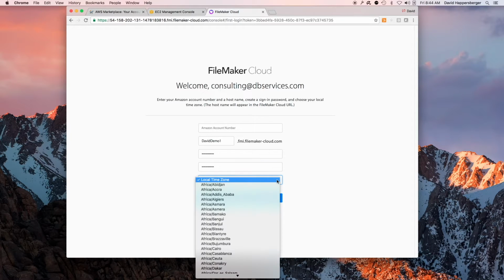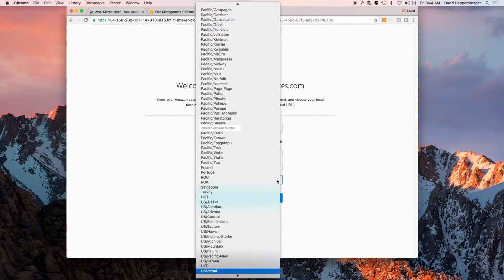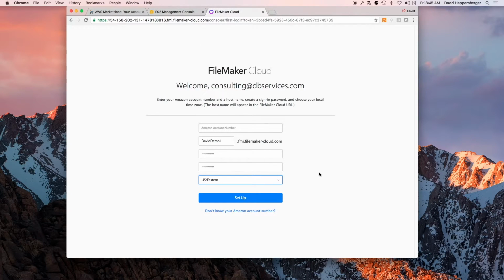And then you just choose your local time zone. The reason for this is so that when it does backups each night, it happens during the night. So I set mine to Eastern, and from here we just set up. Takes a moment here.